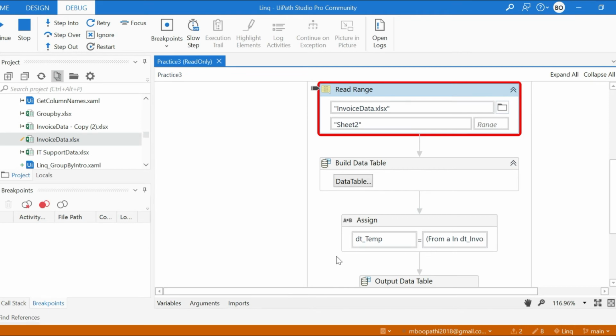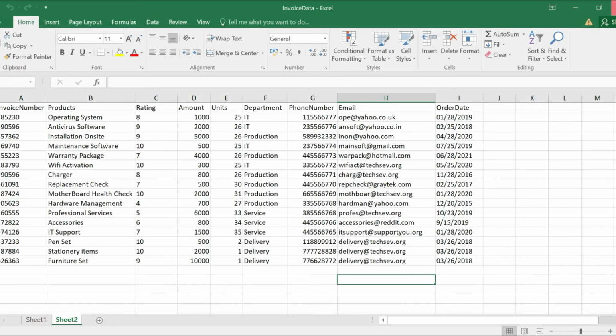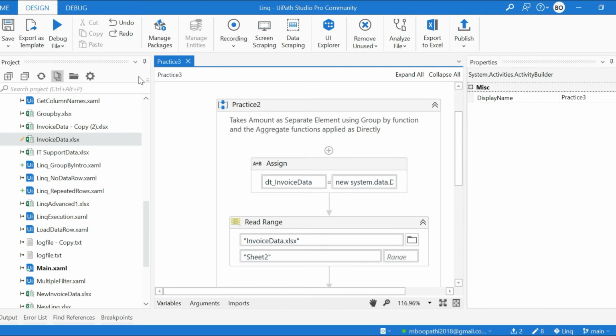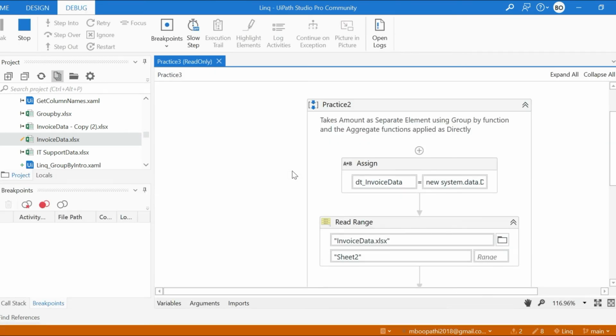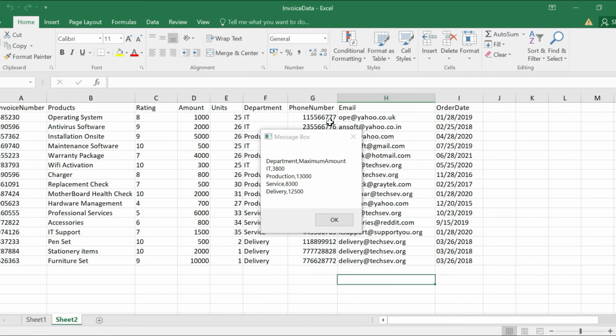Okay, the file is already opened. Let me close the file. Okay, now I'll rerun. Now I will open the Excel file.